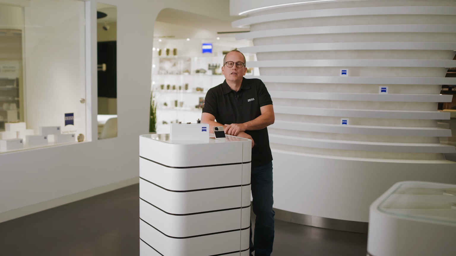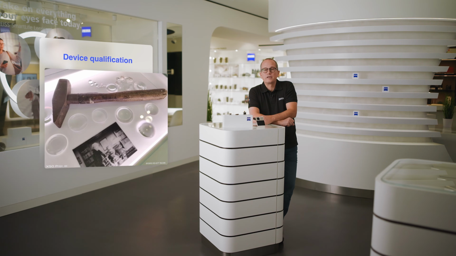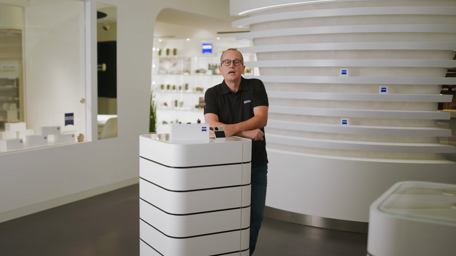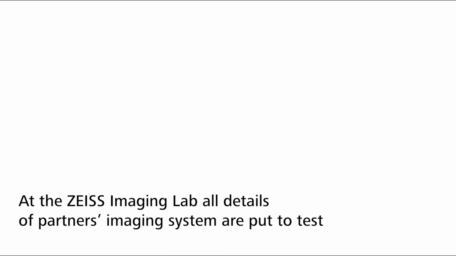So this was now a lot of theory and simulation, where my colleagues are doing an amazing job. What you see now is quality assurance of Carl Zeiss in early days. Carl Zeiss used a hammer to smash optics he was not satisfied with. You can imagine that this is not really suitable for modern times. And I want to show you in a short video what we are doing nowadays in a Zeiss imaging lab.